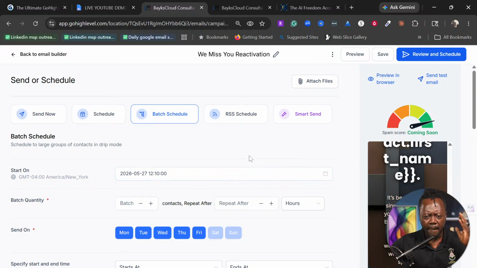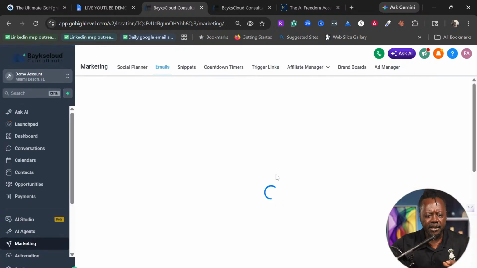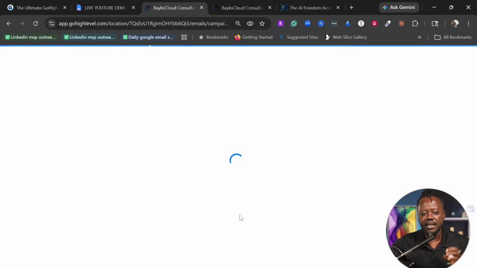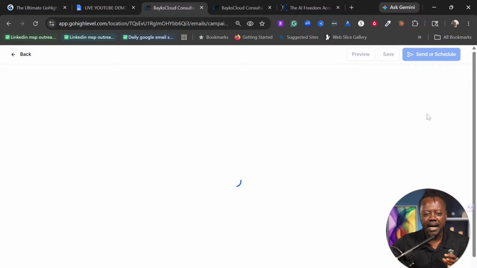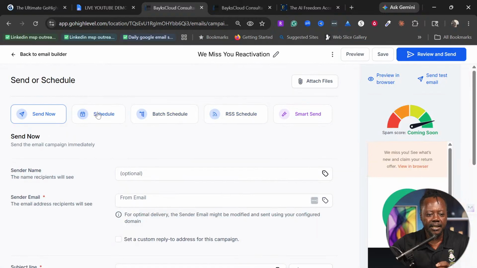Now, next week is going to be about setting this up in a workflow campaign where you can see this all the time. So now what we are able to achieve here is we created a template and then we created an email campaign which is going to go to them. Now I didn't publish this, so this is still in the draft. Once I click the send or schedule, then it's going to schedule it. So let's go here again. I can schedule it